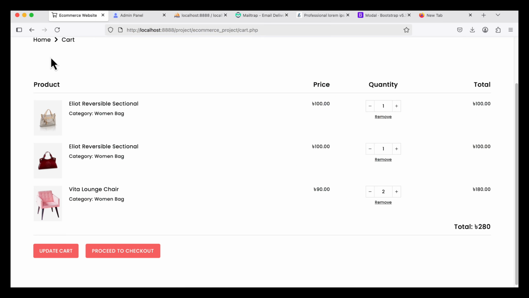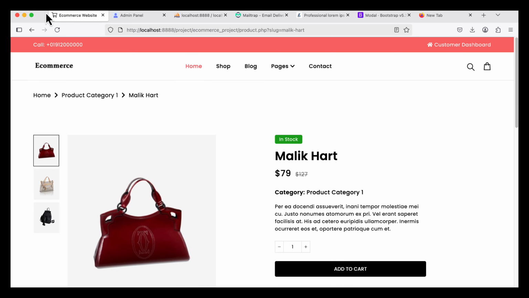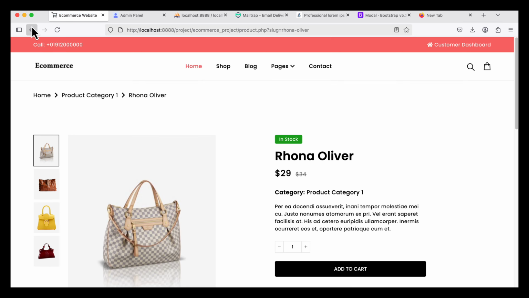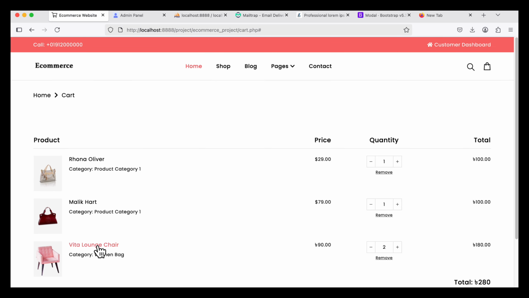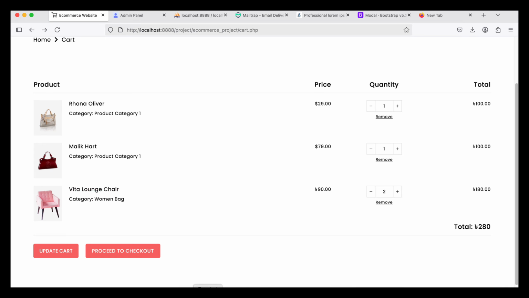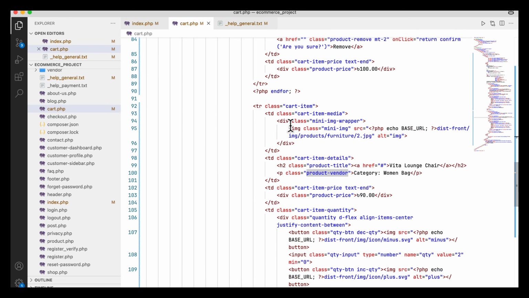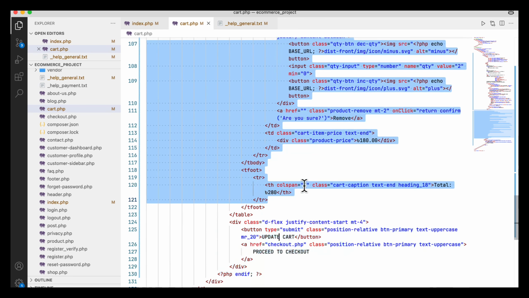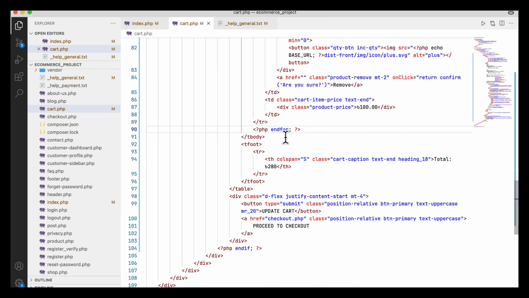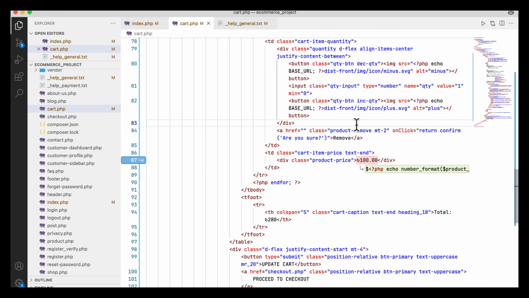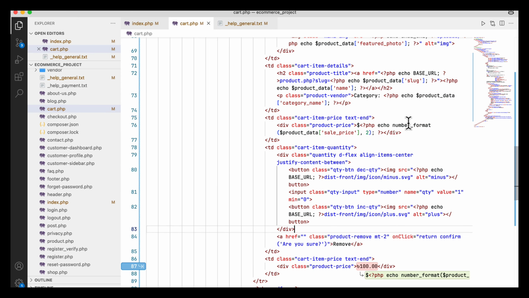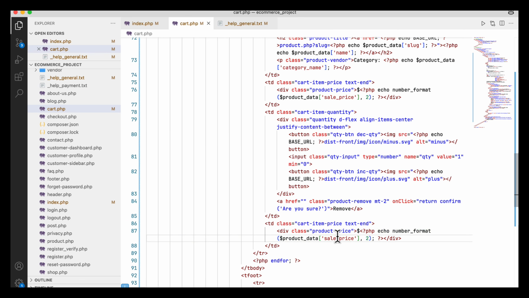So now if I refresh, you see the real data is coming. If you click here, it will take you to the particular product page. From here, you can go to the particular product page. Here one item is actually an extra item that is not needed, so I am going to delete this one. Okay, up to this. So here you see this is the data, the number and number format, product sale